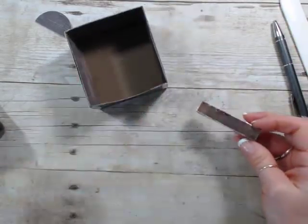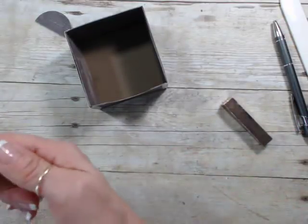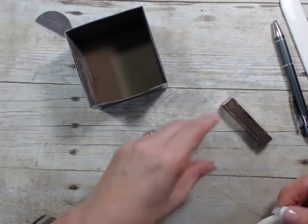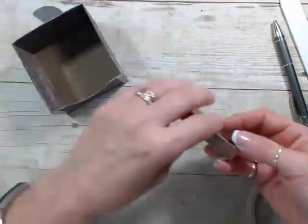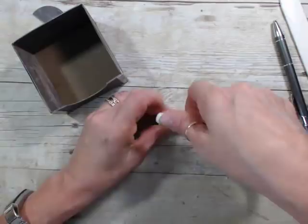Okay, now what I'm going to do is use tear and tape for this. And this is going to go sideways like this. So I'm going to take a piece of tear and tape. I don't know if this is going to be...